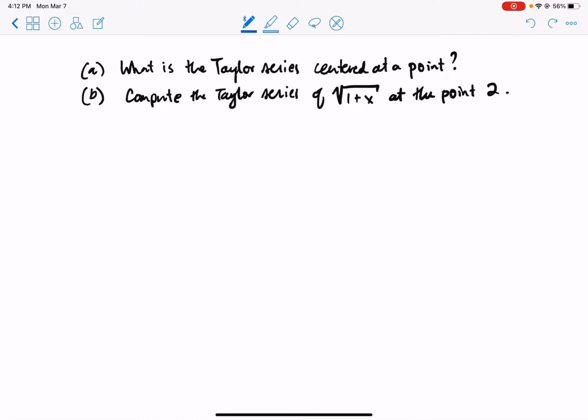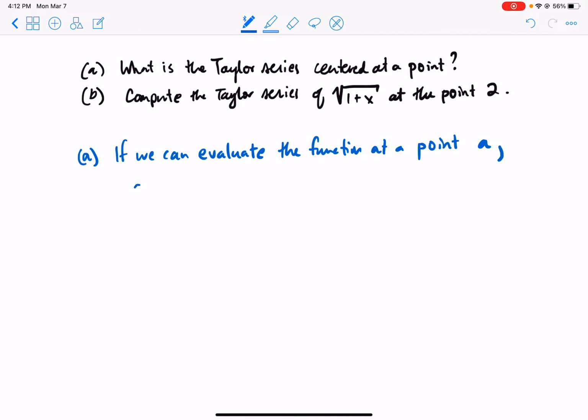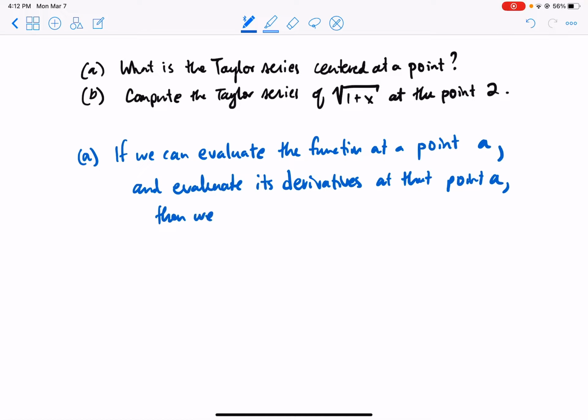Okay, so part A: if we can evaluate the function at a point, let's call this point A, and evaluate its derivatives at that point A, then we can create